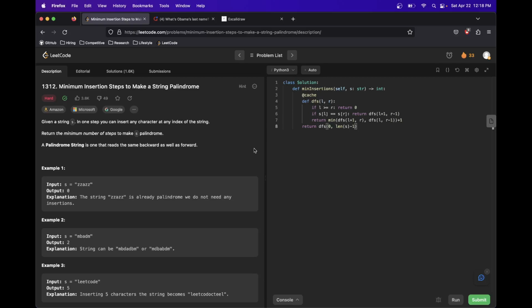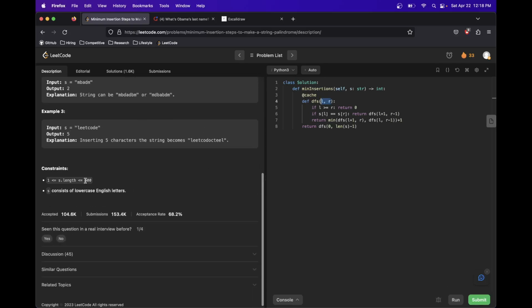And if we think about the state space here, if we think about like, okay, well, how many different combinations are there between L and R? There's 500 squared. L could be anywhere between 0 and R. R could be anywhere between L and N, N being the length of S. So in that situation, it's sort of on the order of like 10 to the 5th, which is very fast. They could have had these time constraints be a lot more stringent, and it maybe would have been a more interesting problem, but